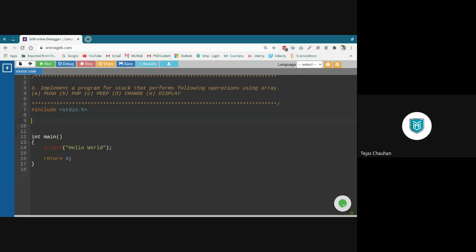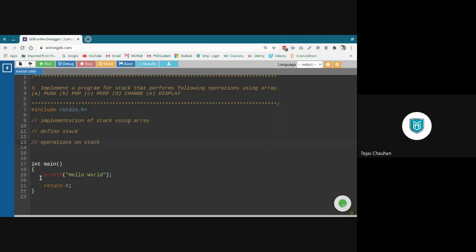So what we need to do is have an implementation of stack using array. Now when we implement it, we need to define a stack, and then we need to have all the operations on stack,